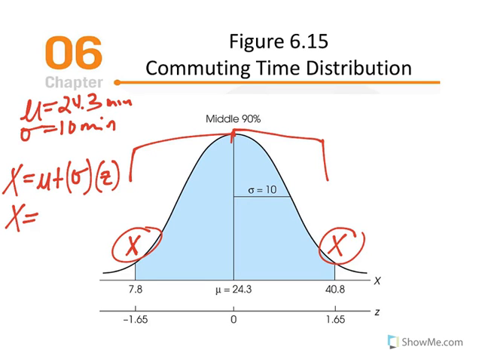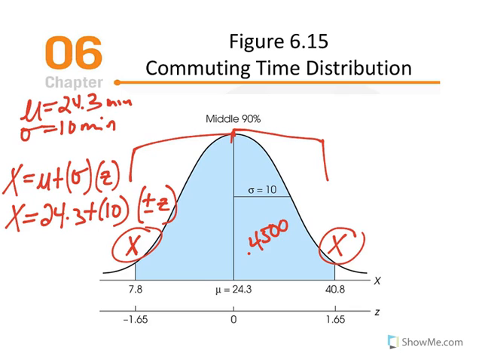So let's replace our variables. We know that the mean is equal to 24.3. Our standard deviation is 10, and then we're going to find what z is equal to, and we're going to have a positive version of z and a negative version of z. And they would be the same if they're equal distance from the center of the distribution. So again, this area in the center is defined as the middle 90%. If we split that in half, we would recognize that this is